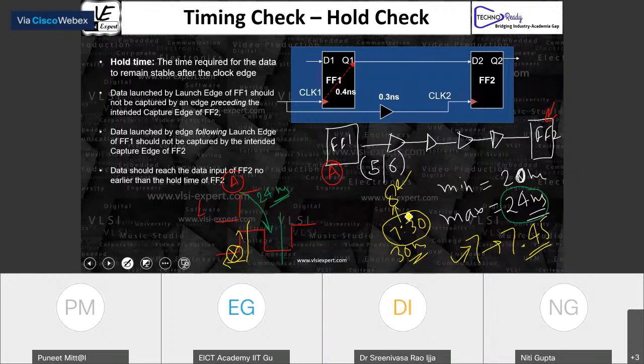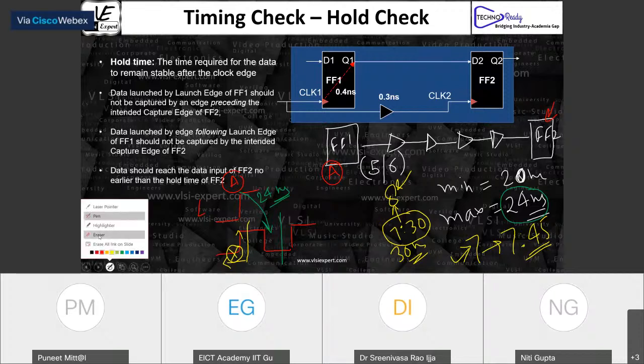Is this clear to everyone? Any confusion? Because if this is clear, you can easily understand setup and hold both. Is this clear? Yes or no? Great. So now people are clear this particular part.